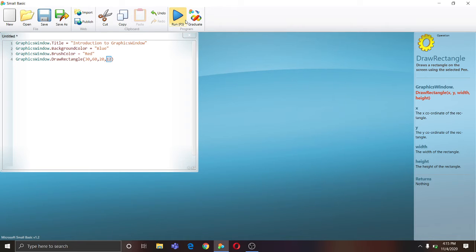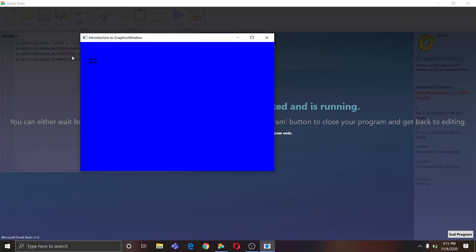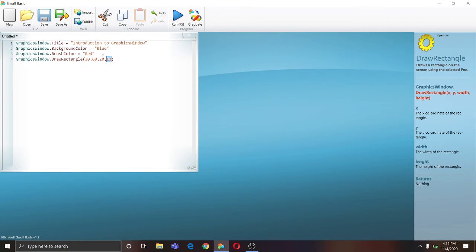So for now, if I only draw a rectangle, it is very small. As you can see, the border of the rectangle is black, but it doesn't have any color. It is just the background color. First I'll increase the size, it is very small. I'll set 200 and 120.